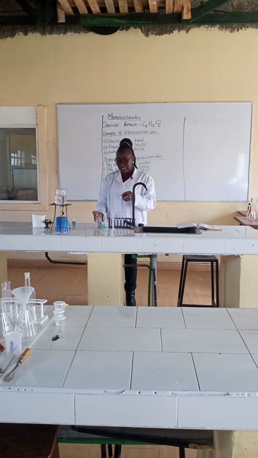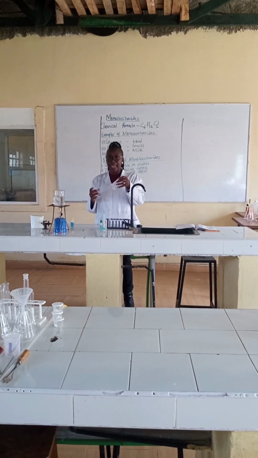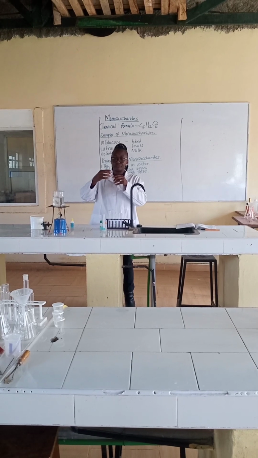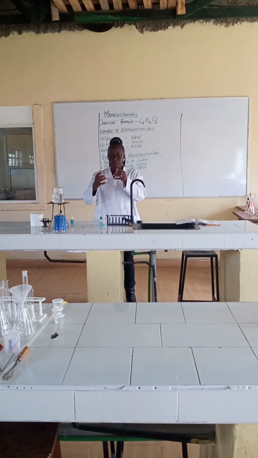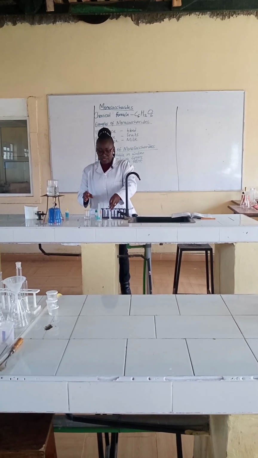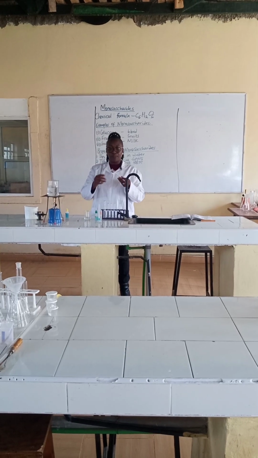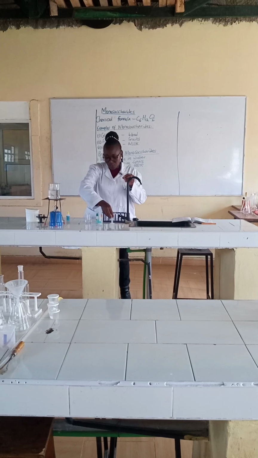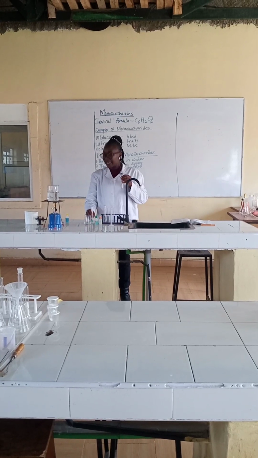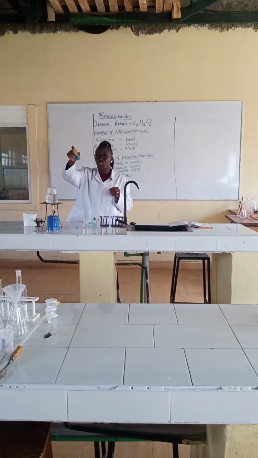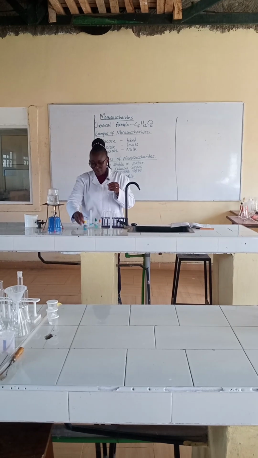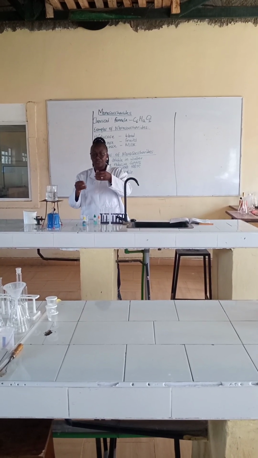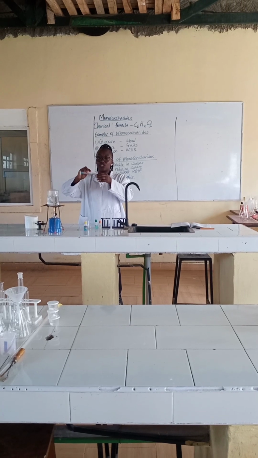The second property is that the solution that we have prepared, we are going to measure 2 ml of the solution, and then put it in a test tube, and then we also measure 2 ml of Benedict solution. Benedict solution is the blue solution that I've given you. I had already measured mine, the 2 ml of Benedict solution. So please do the same, and then you add together